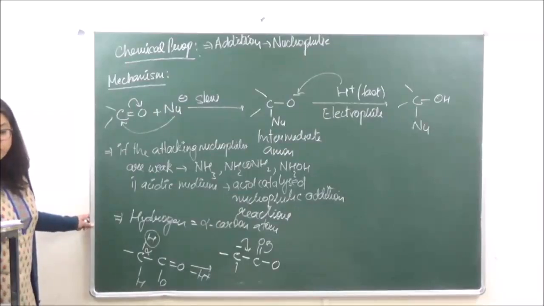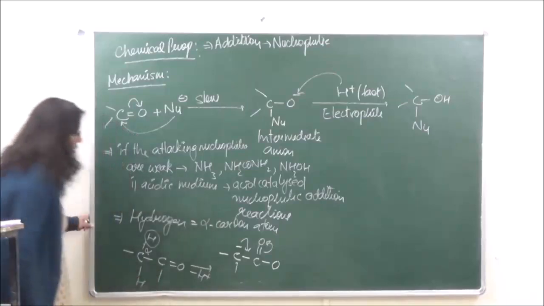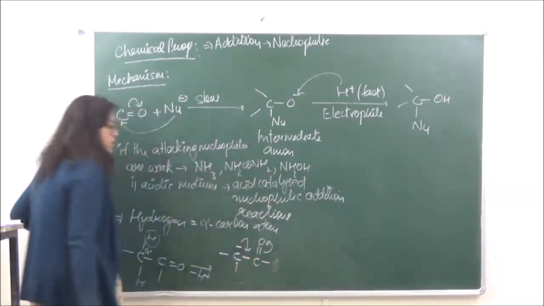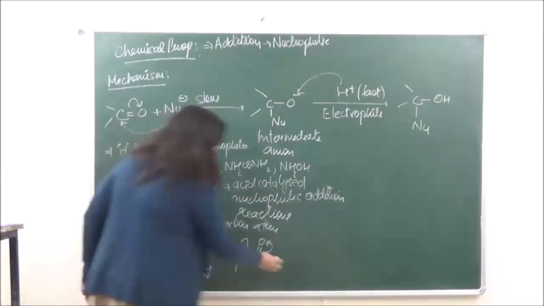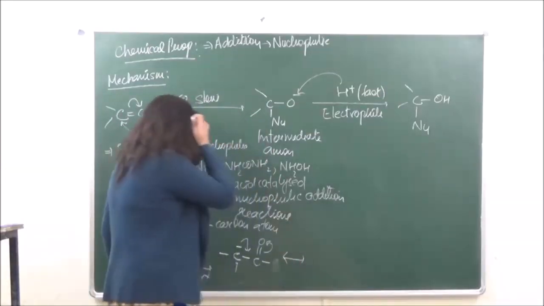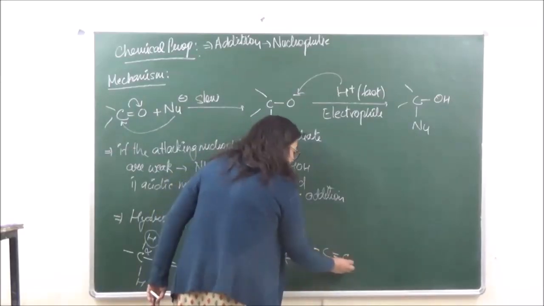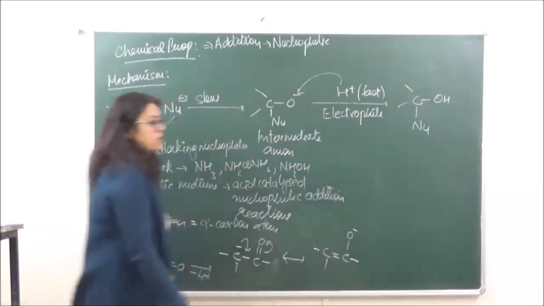Okay? So what do we have over here? The O is not required here. Remove it. This is not required, because we're just doing the carbonyl group. So this is going to be resonantly stabilized over here. What are we going to get? We will get C double bond C, oxygen with a negative charge, and this.